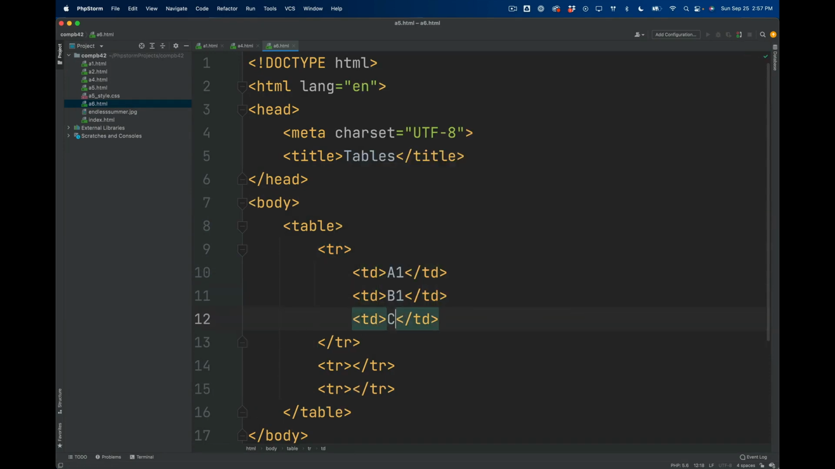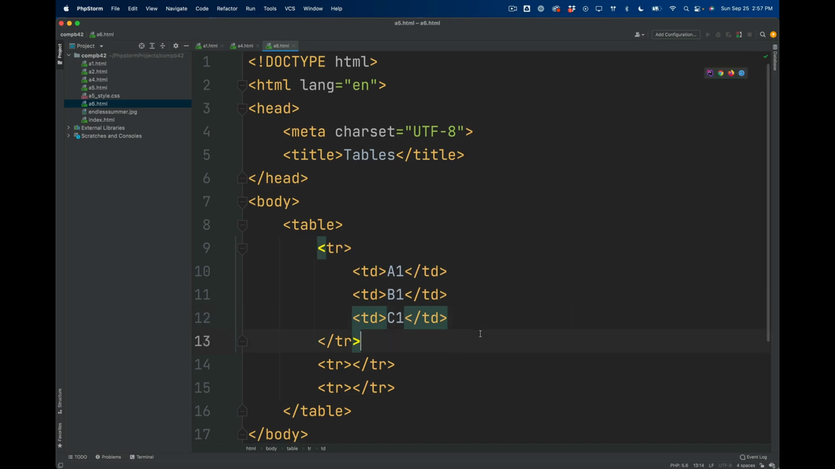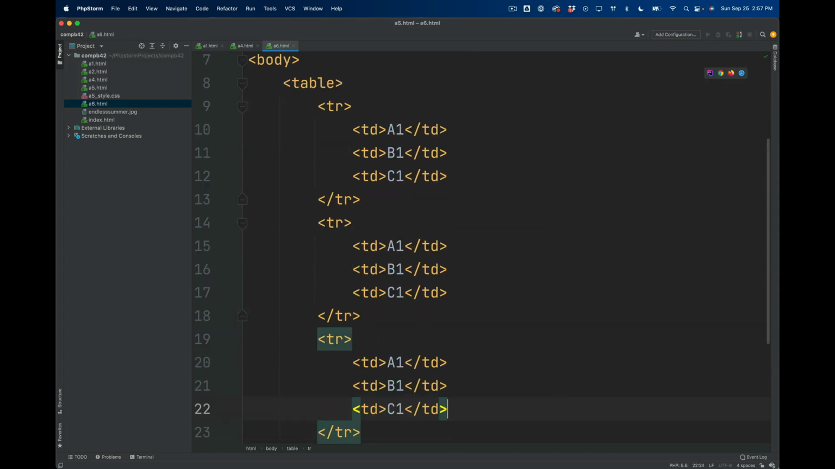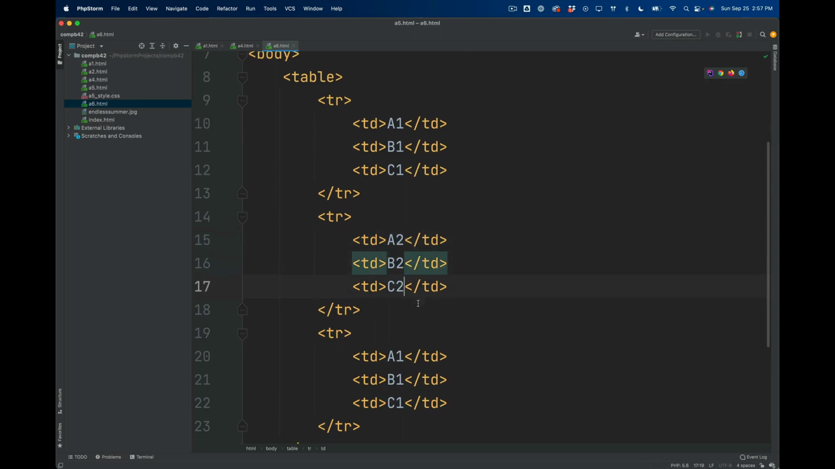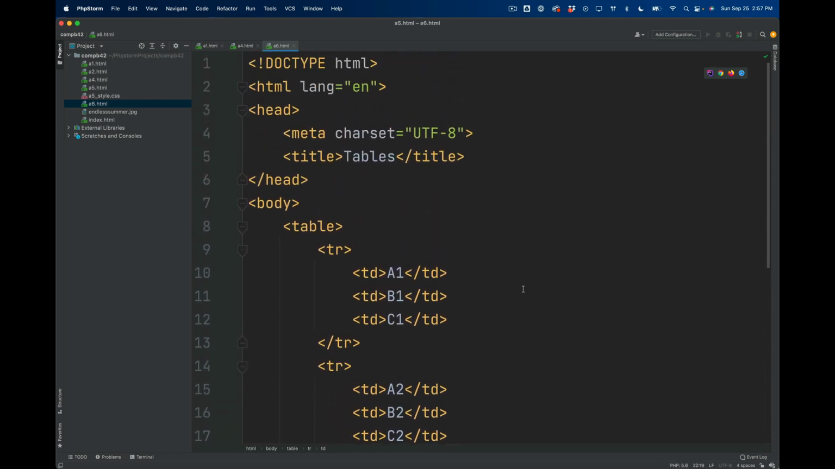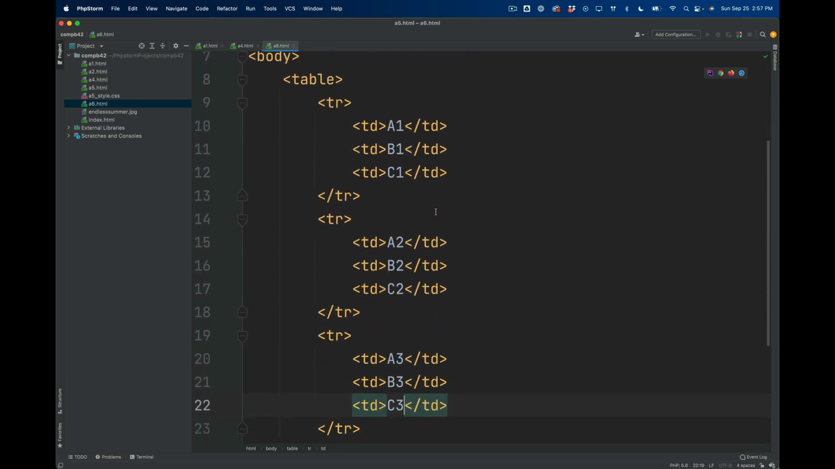C1. Now, if I was going to build out a table like this, I know that I'm going to use a lot of repetitive stuff. So I'm going to do a little cheat here, and I'm going to copy this, and I'm going to paste it. And I know row 2 is going to have the number 2, and then row 3 is going to have the row 3 there. So now I've got my table,